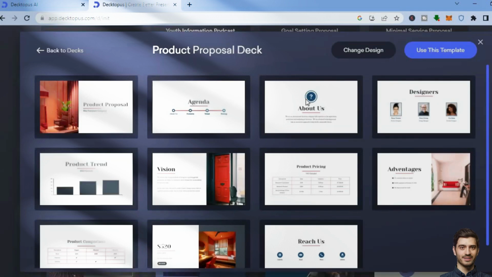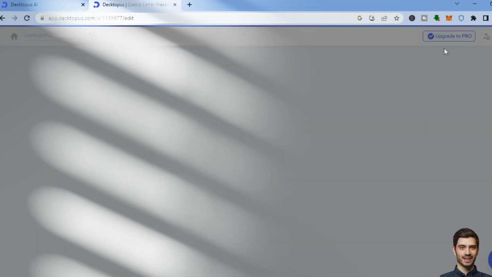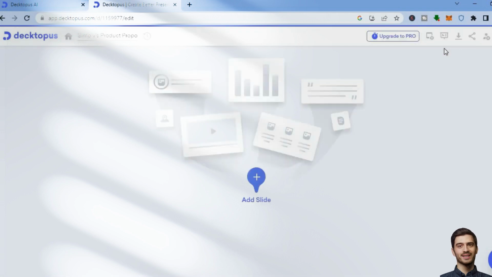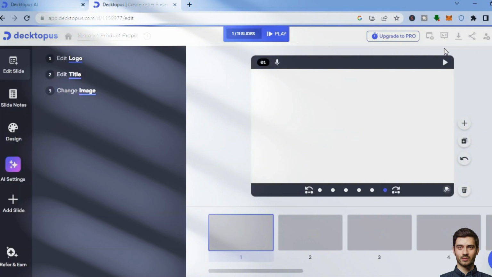After you have tapped on Preview, you can see the different sheets. So you can see right here, get an idea of how your presentation will look. And if it is to your liking, all you'll have to do now is tap on Use this template in the top right-hand corner. Once you have tapped on Use this template, you'll be redirected to a new dashboard on which you can start